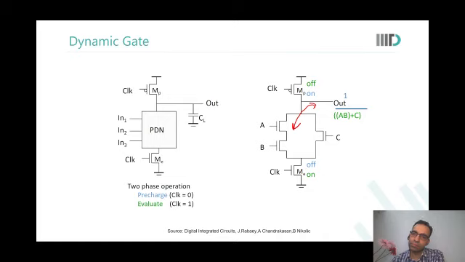Fault delay, no. There was no change in output expected. If B is 0 and C is 0, there was no change in output expected. Yes, sir. But out is now floating. Out is not driven to 1 because the CLK is 1. And there's no path to ground. It was not meant to be, because if B is equal to 0 and C is equal to 0, then there was no path to ground.